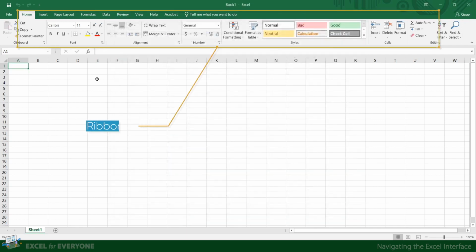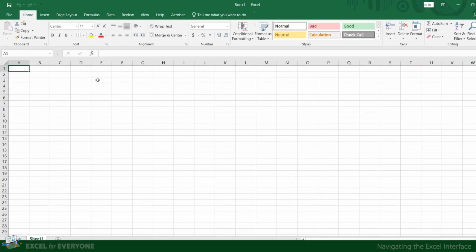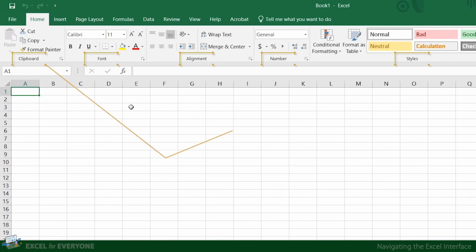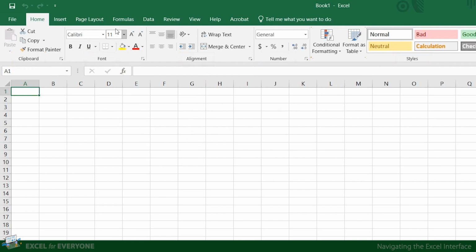Right below, we have what is known as the ribbon. Again, this may look familiar to you already. The ribbon is the graphical interface that replaces the traditional menu in all Microsoft Office applications, including Word, PowerPoint, and obviously Excel. It contains a collection of tools organized in tabs. On each tab, you have groups. For example, this is the font group,